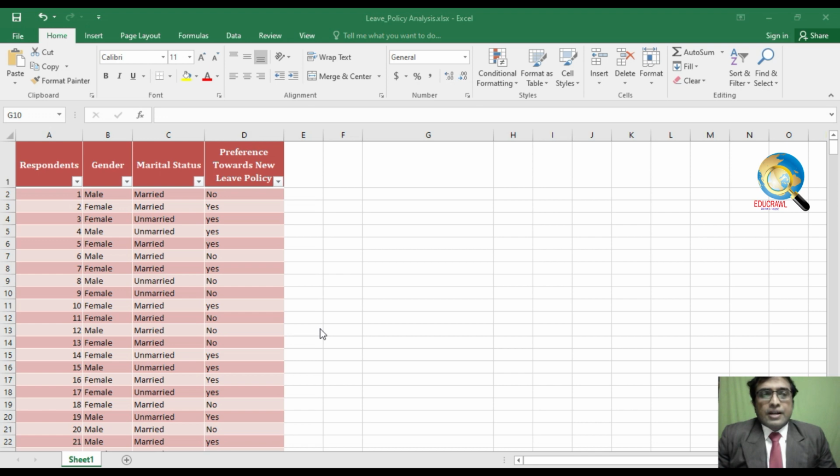We have around 500 respondents who have given the data. We have collected whether they are male or female, whether they are married or unmarried, and their preference towards the new policy. Now, to create the entire pivot content, what you have to do is, there is a shortcut key,